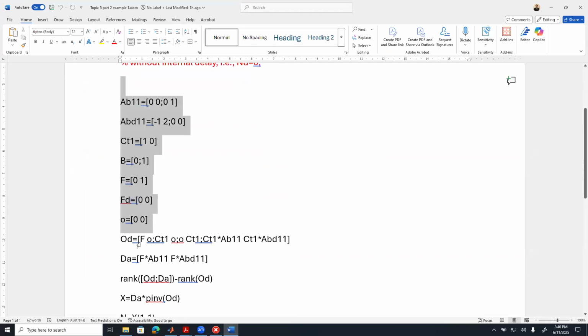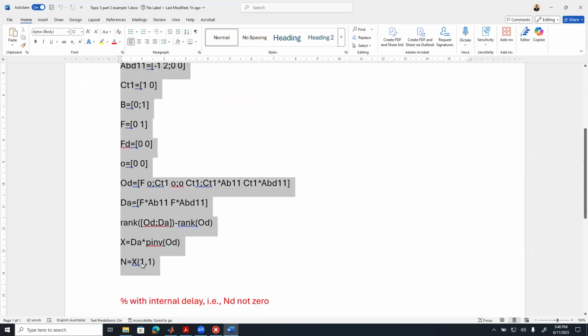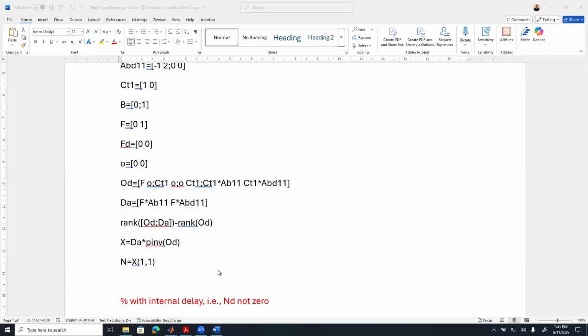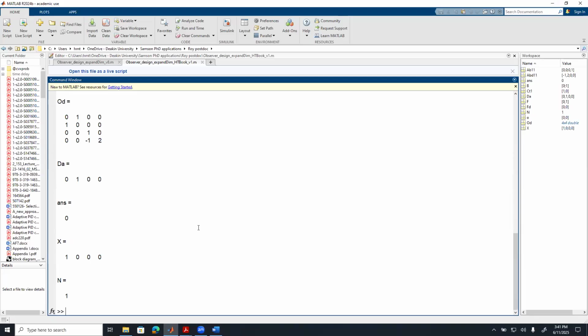FD is 0, and then we construct that matrix there, and then we check the rank, and then we work out the solution for all the unknown parameters. And then what we do, we cut and paste it in there. The significant finding of this bit is that we got the solution for matrix X, which basically has an unstable pole, and the rest of the observer parameters, they are all 0, as well as the solution bits, the generalized